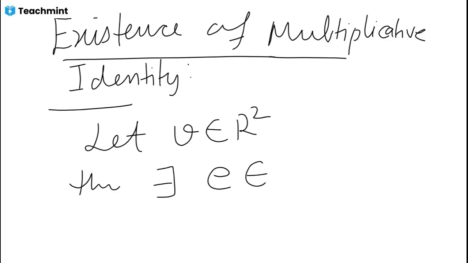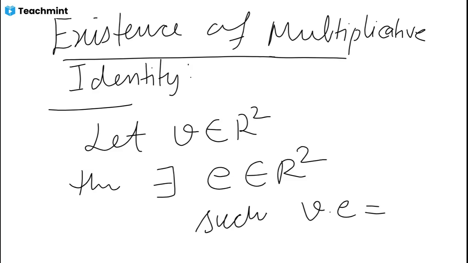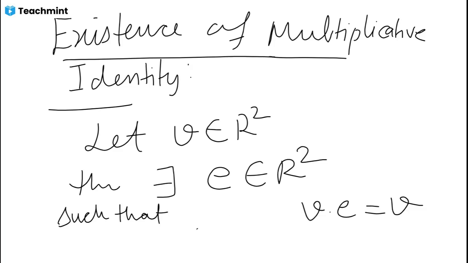This belongs to R such that V into E gives V, such that E into V is equal to V into E gives V. So let us find the value of E, and here V has components a and b. So we need to find E, and on the right side we have also